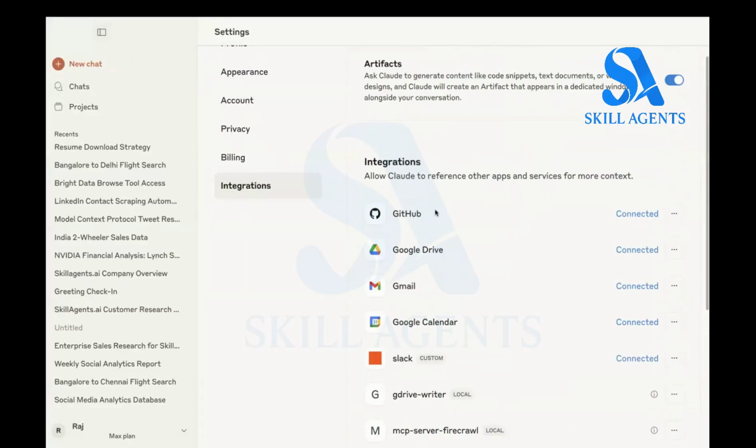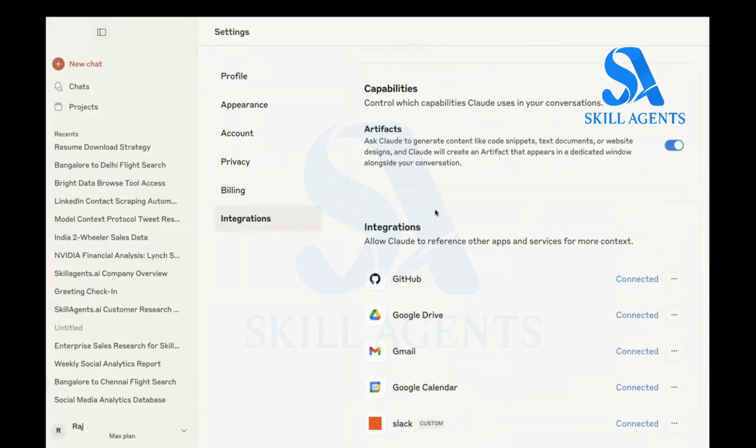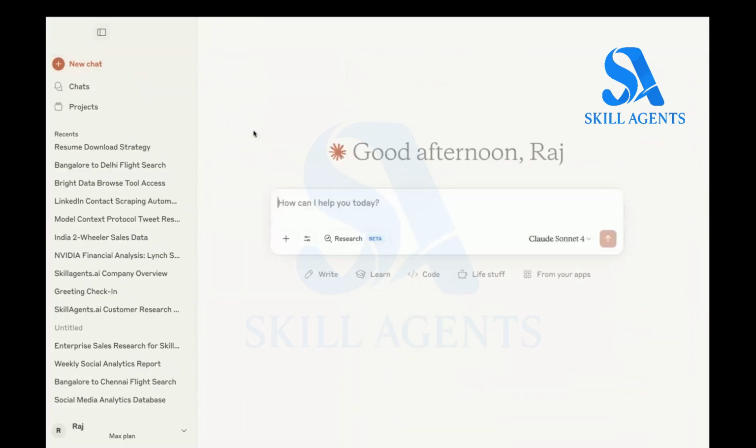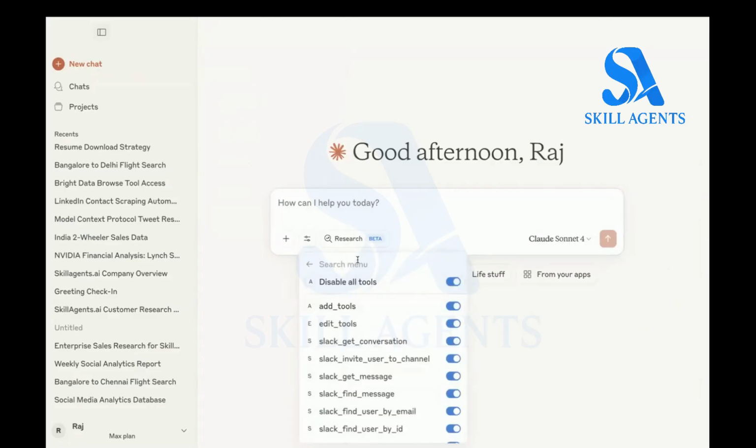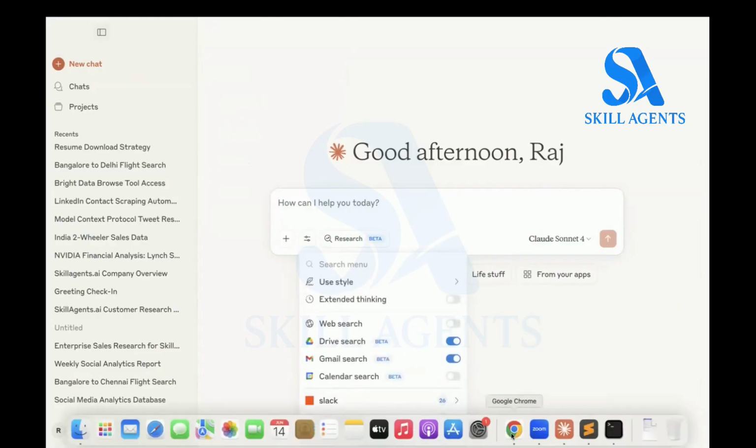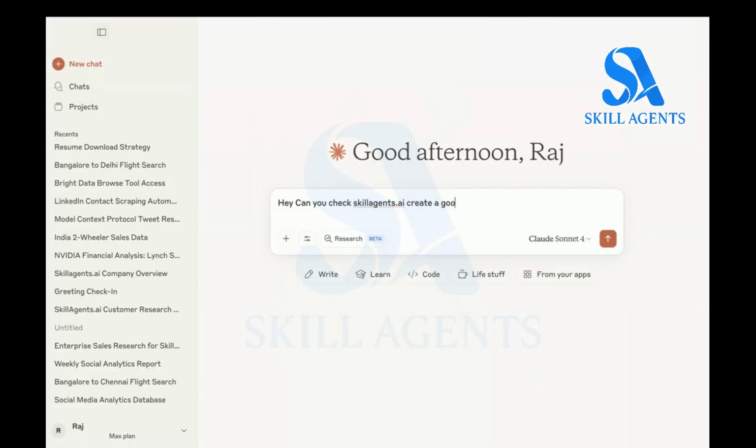Now, once you set up, as I told you, it's still in the evolving stage. So some of these may seem a bit difficult for you right now, but that's all the difficult part is. Once you have done all that, you are set to go. Once you do everything properly, you can see that all these are available. You can enable and disable them as you want. I can disable, I can enable all these things. So let's do some crazy thing. Google Doc